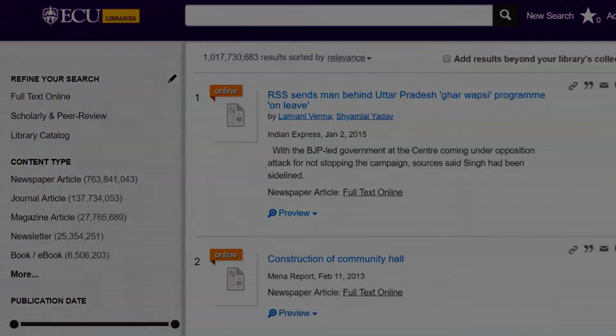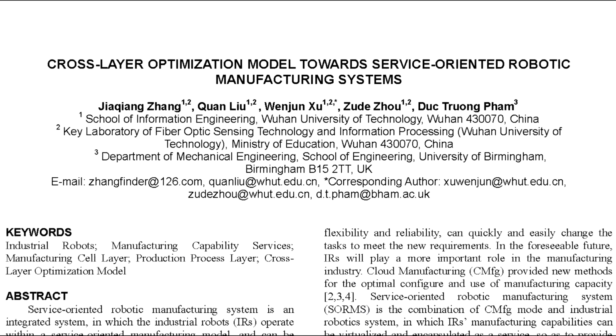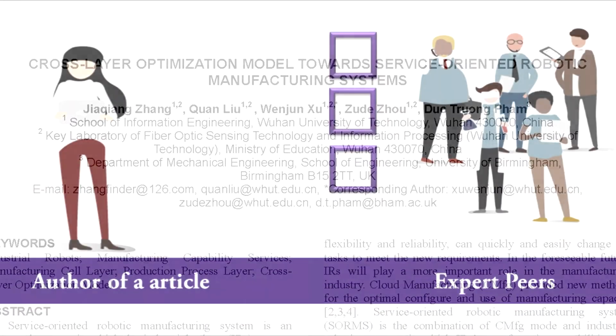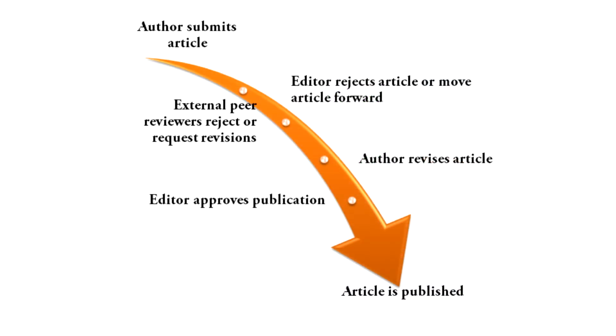Let's take a look at scholarly articles first. The main characteristic of a scholarly journal article is that it is peer-reviewed, meaning that scholars in the same field have reviewed and approved the article to be published in the journal. The peer review process is far more rigorous than the editorial process of, say, a magazine. You may see these peer-reviewed or scholarly journal articles referred to by other names as well, such as refereed or